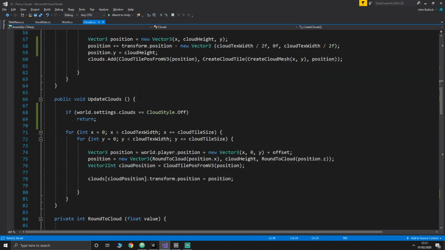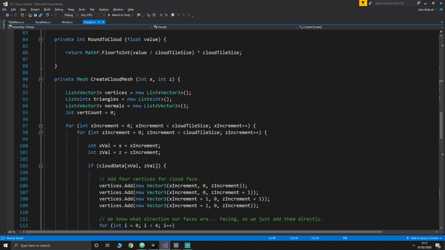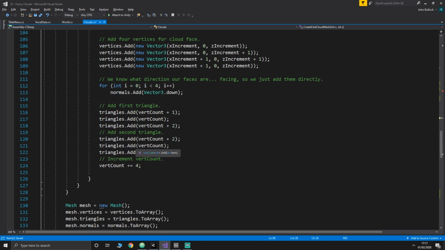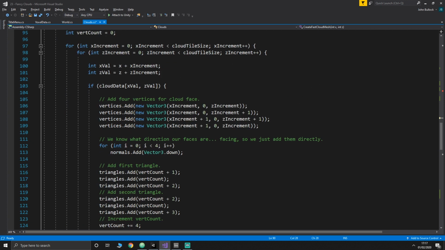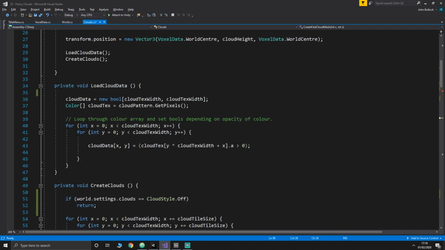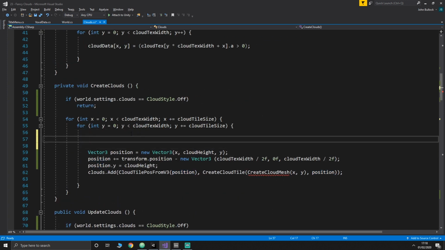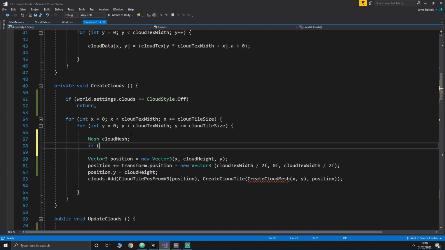So in our clouds file, I want to go down to create cloud mesh. Here we are. And we're going to change this to create fast cloud mesh, because this is going to handle the fast clouds that we're already doing. We're going to create a new function for handling the fancy clouds. And then up in create clouds, we want to modify this so that it creates a mesh depending on what our setting is. So say mesh, cloud mesh, and then we want to say if